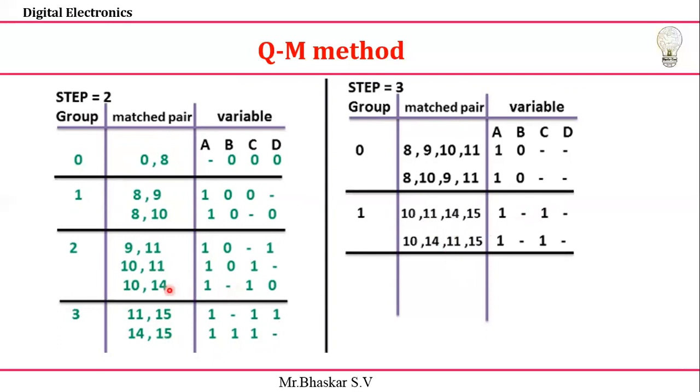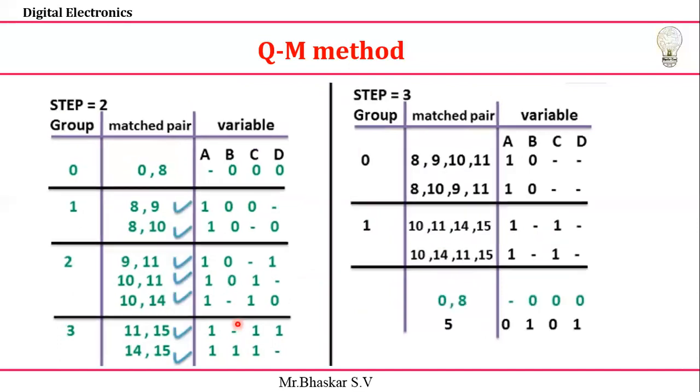Okay, similarly looking for 10 14, 1 dash 1 0. Next is 1 dash 0 1. The last bit is changing, directly taken as 1 dash 1 dash. So similarly, see, you can become here 0 1. Now after that, what I'm going to do, this is very very important. See, the 8 and 9, these are all involved. That's why I'm going to make it a tick. We need to make it a tick.